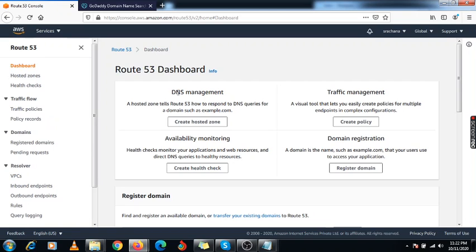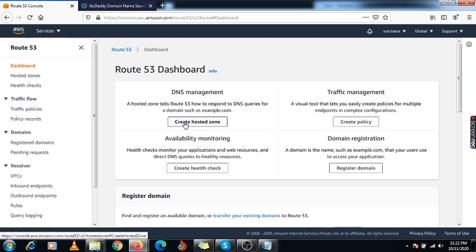Suppose you consider that gunmit2011.ga is my domain. I have purchased it from another third party, like GoDaddy or Freenom or some other site. So you have purchased it, and you need to register it, right?